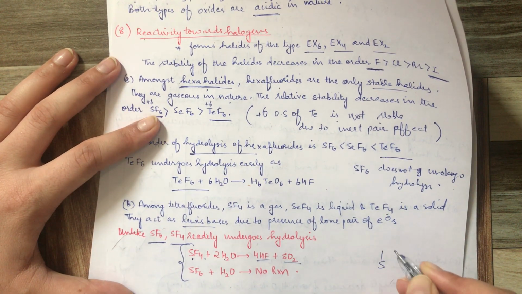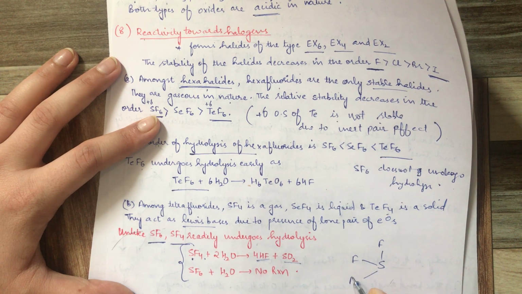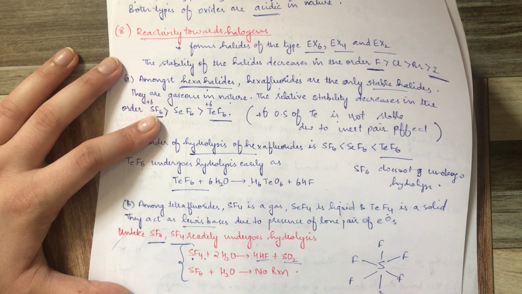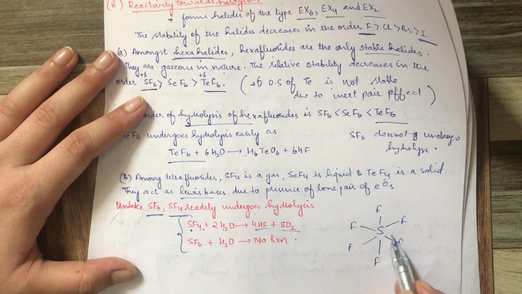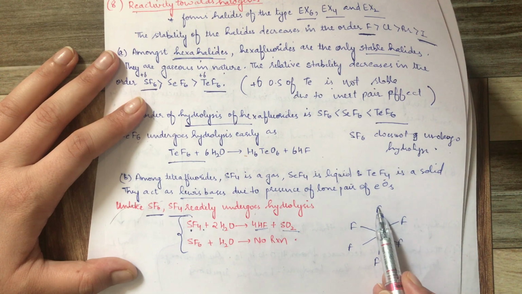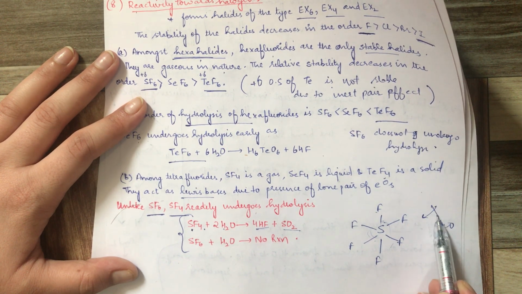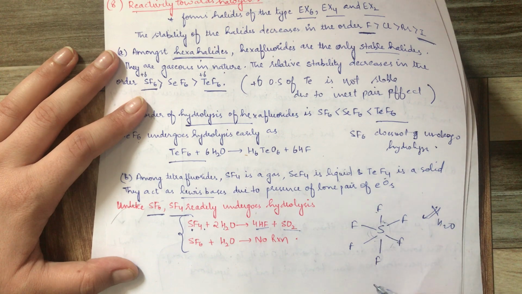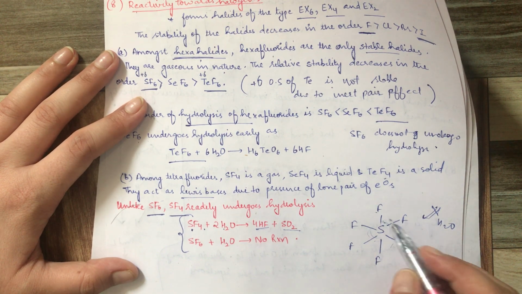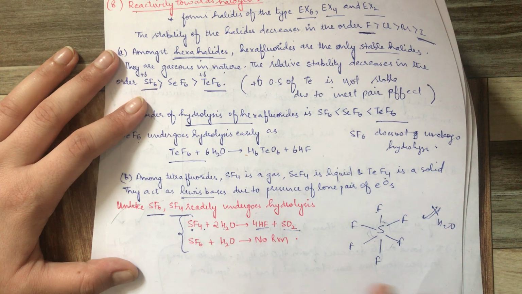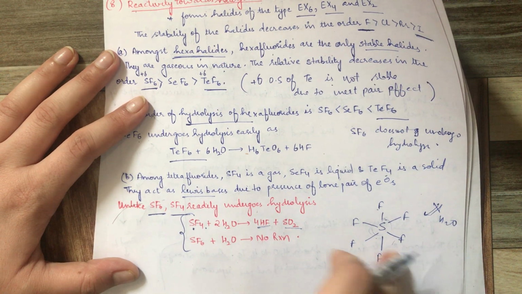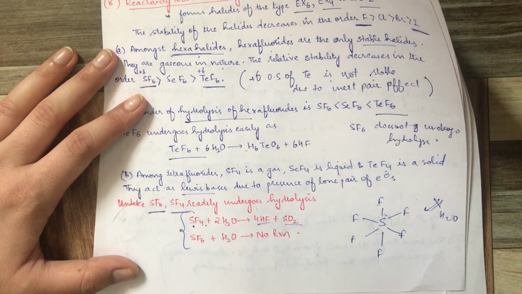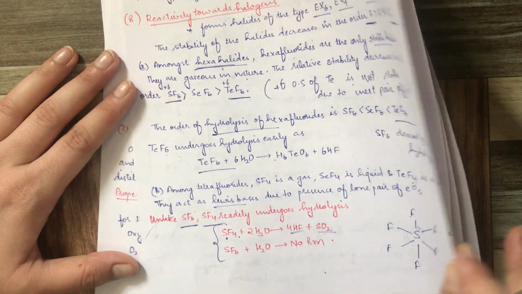So why? For that we have to look into its structure. So this is the hexafluoride structure. All the orbitals are filled, and also all the 6 fluorine atoms sterically surround this sulfur atom, so water cannot attack. Sulfur is surrounded by 6 fluorine atoms which cause steric hindrance. In other words, there is already so much crowding around sulfur, so water cannot attack. And also all the orbitals are used up. There is no empty orbital left, right?